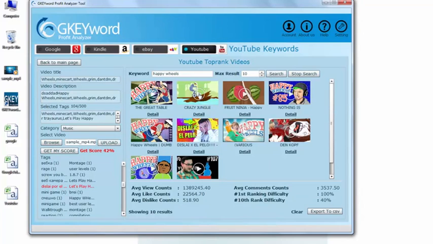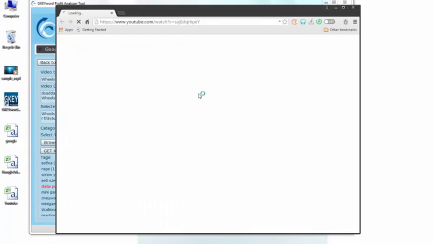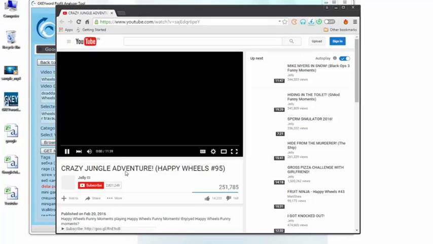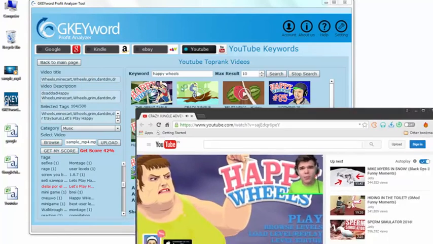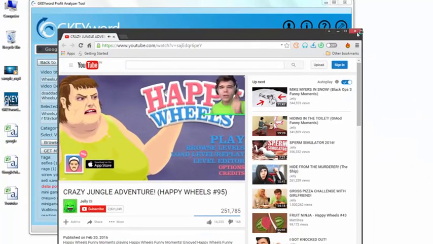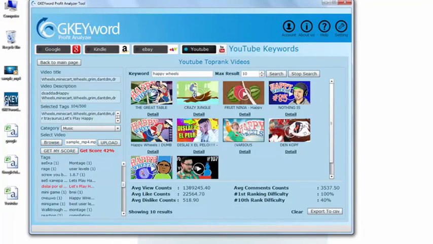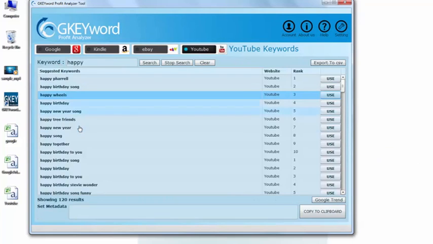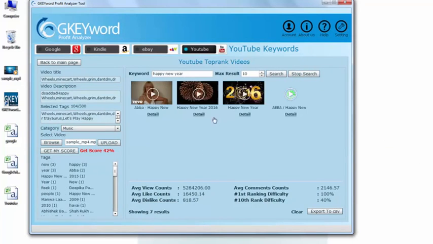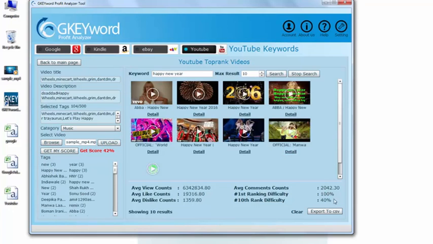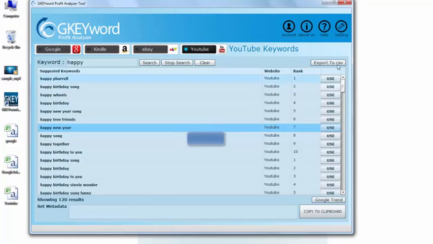I can see the details for each of the videos. I can click on any of the videos. I will get the same link open over the web, and I see that I got the same results. Same thing is open over the web. Now let's go back, and it's all about the searches. I can come again with new search results, and I get all the average view counts, average likes, same as I did for other sites.